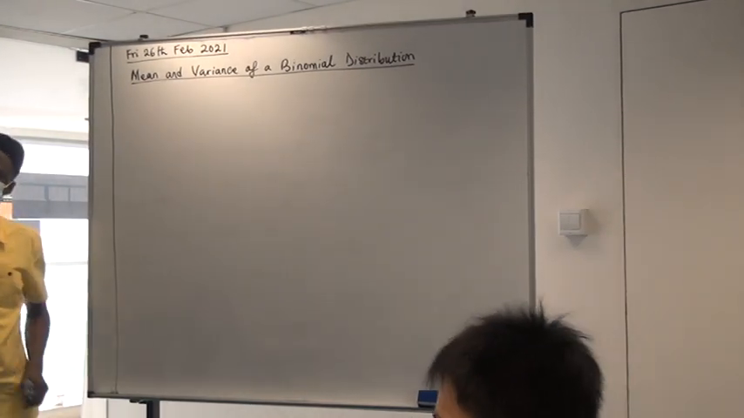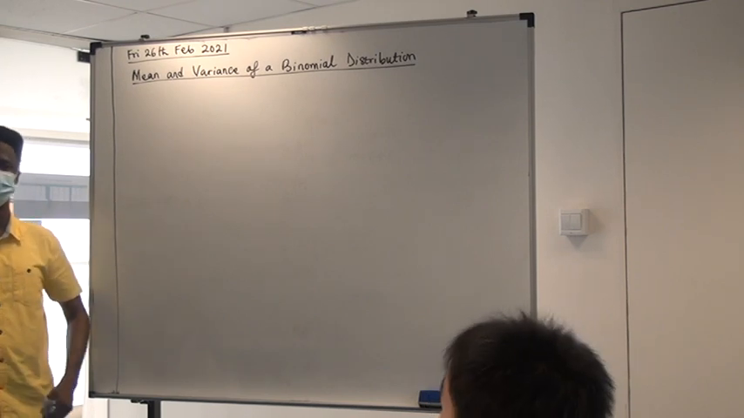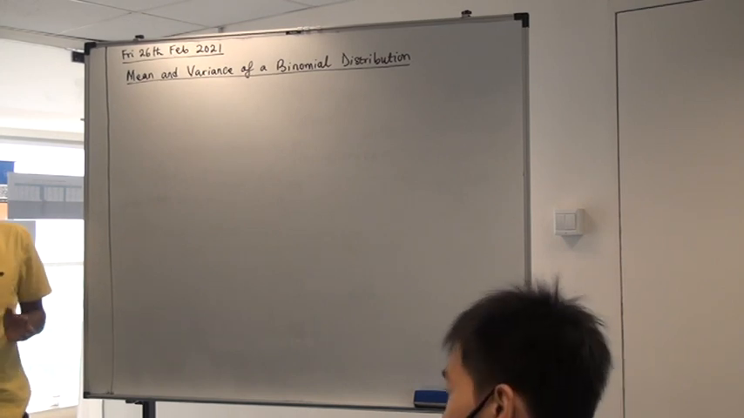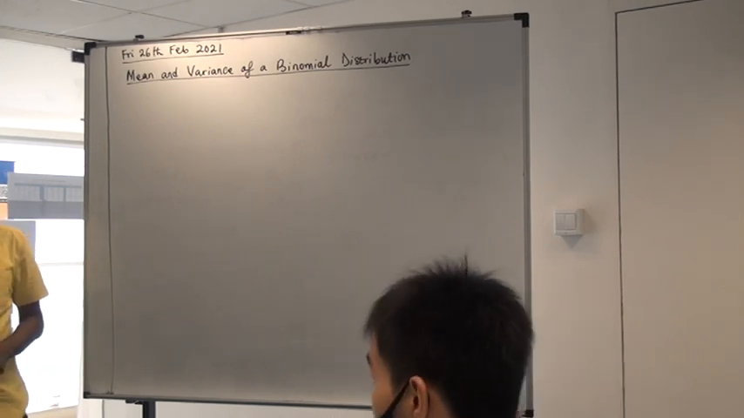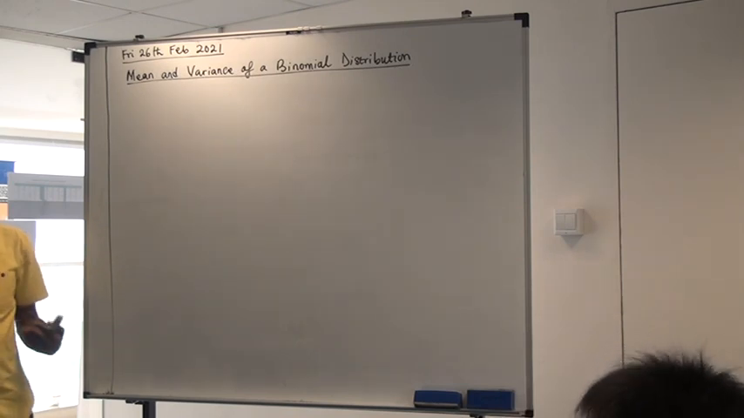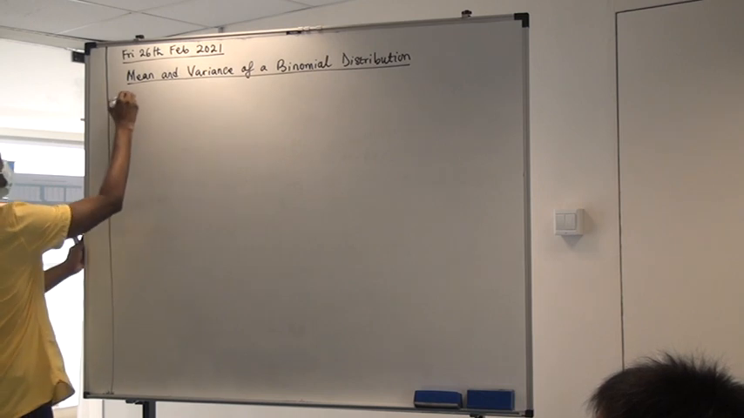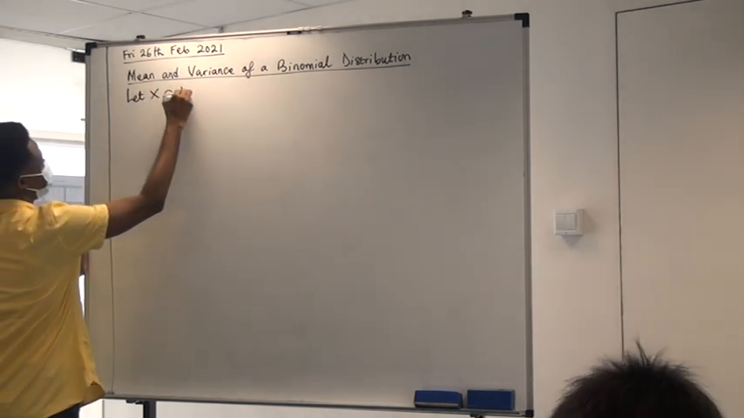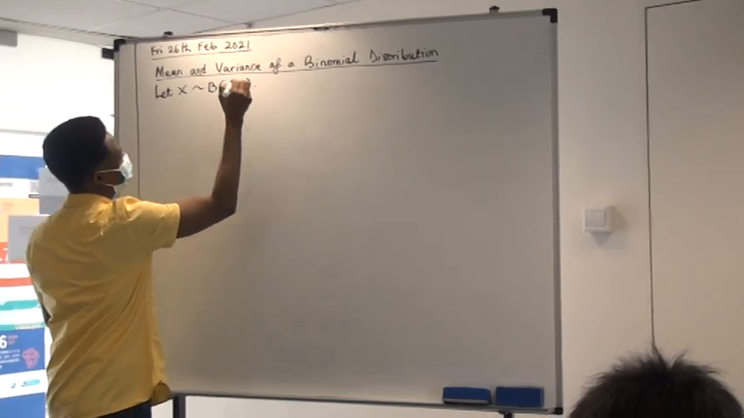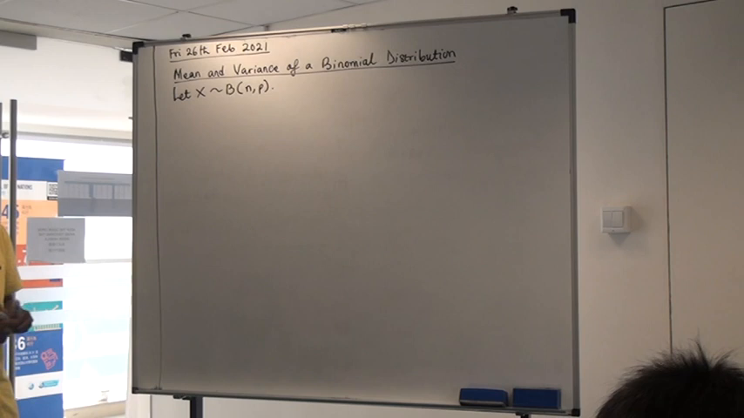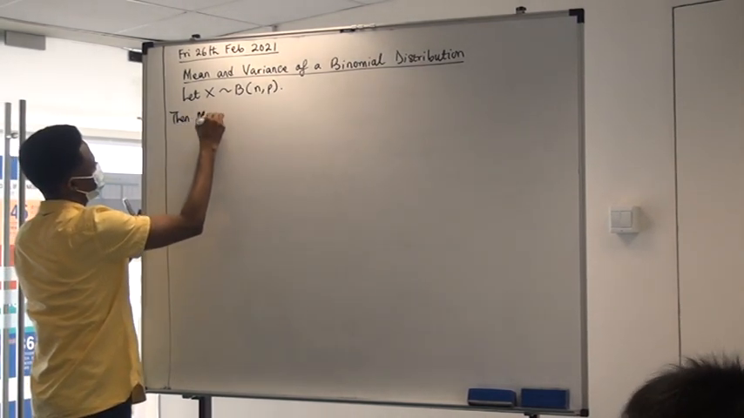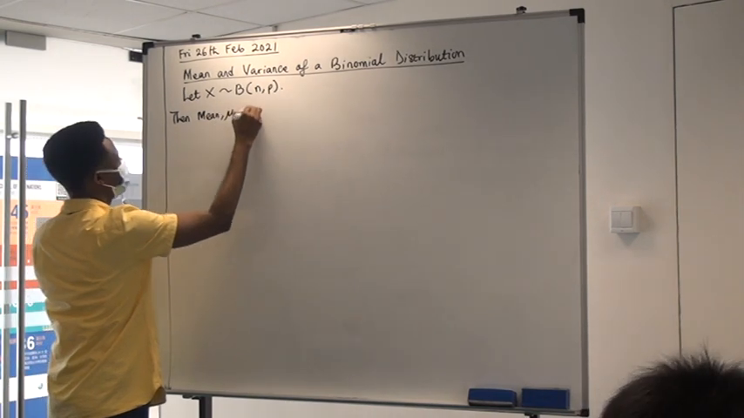The mean of a probability distribution is the expectation. So for the binomial probability distribution, the mean is the expectation of x, as expected. But what is that? Let x be a binomial random variable with n trials and probability of success p. Then the mean mu is equal to